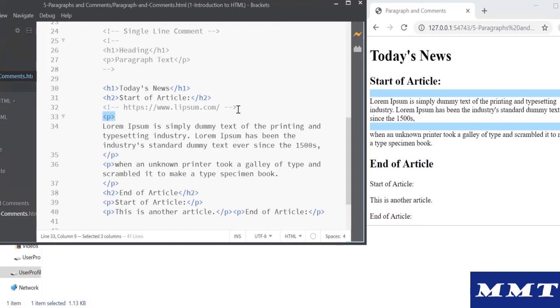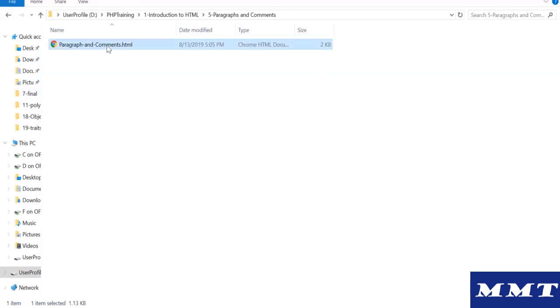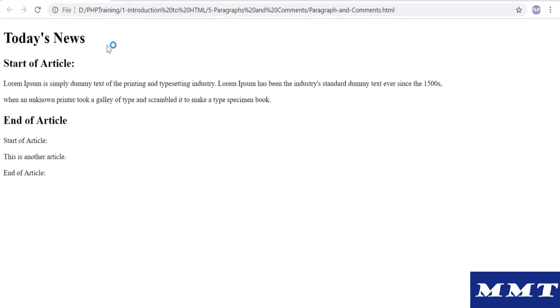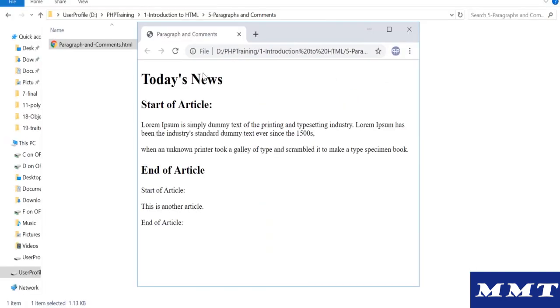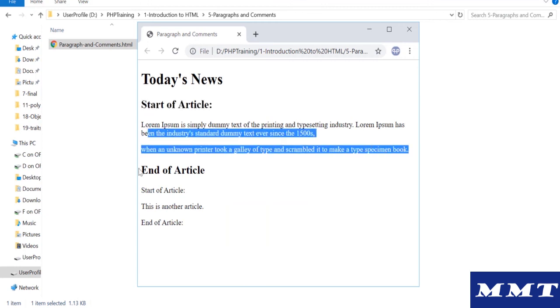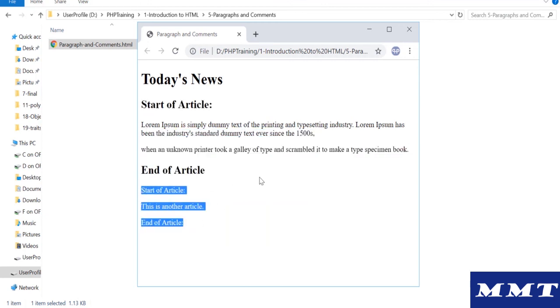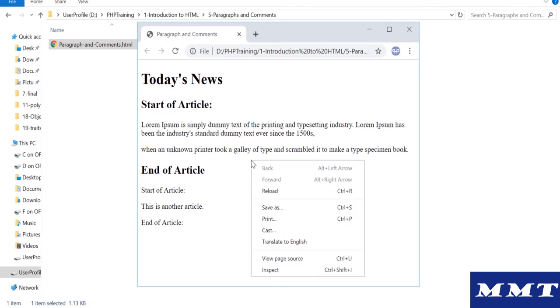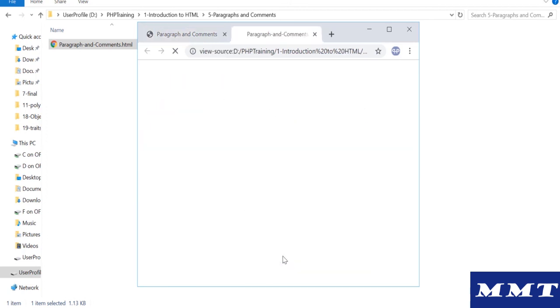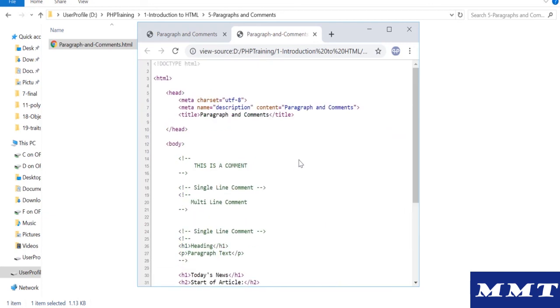Okay, so here's how your HTML file looks. Let's open our actual file, double click this. This is how your HTML file will look. You can see this is our heading tag, h1 tag, this is your h2 tag, and this is your paragraph tag. Then you have the h2 tag, then all these are paragraph tags. To see the source code, right click on it, view page source, and you should be able to see the source code.